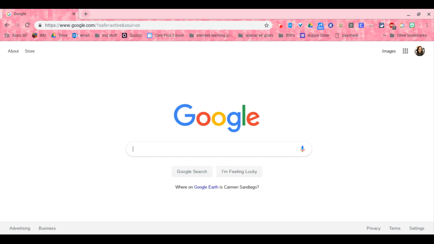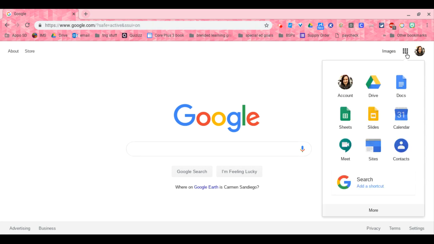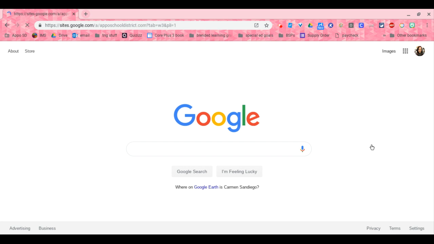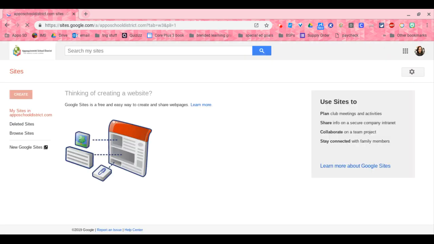So I want to show you today how to make a Google site. So we are here at just google.com, and you can start by going to the address bar and typing sites.google.com in the address bar, or we can click on the apps over here on the right and choose the one that says Sites. So when we go to Sites, it will show you any of the old sites that